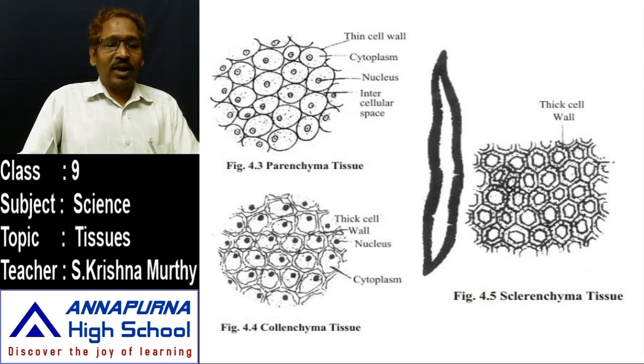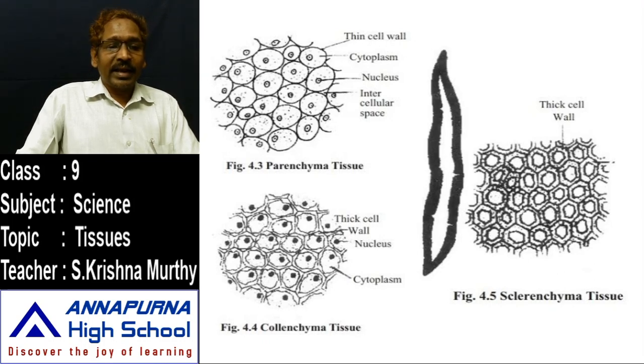Look at this, the structure of collenchyma tissues. These also have intercellular space, more intercellular space is there. These are in different shapes, some are hexagonal and some are spherical, different kinds of structures are there. The cell wall of the cell is very thick. Here what is there? These contain more dead cells. This entire outermost layer is designed with dead cells, and chlorophyll is there, chloroplasts are also there inside it, and a small nucleus is there, and it occupies more cytoplasm